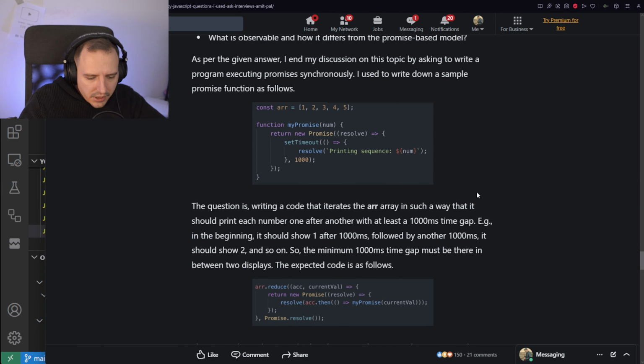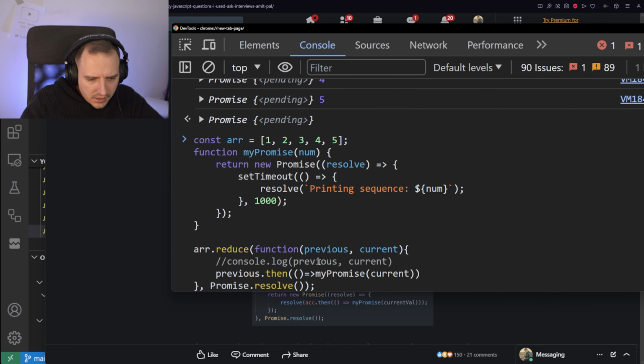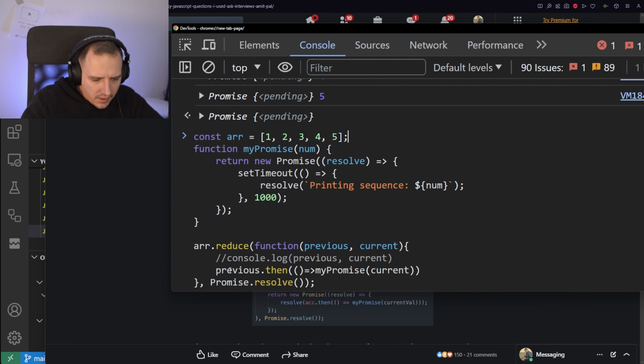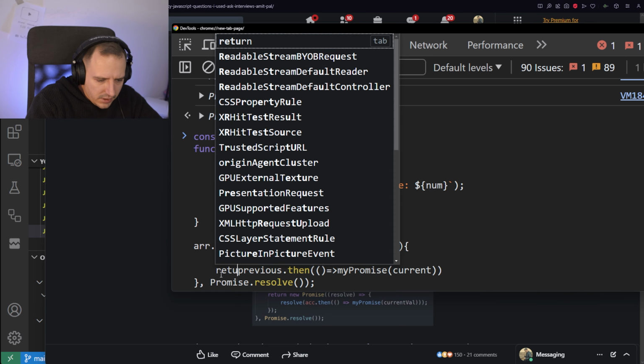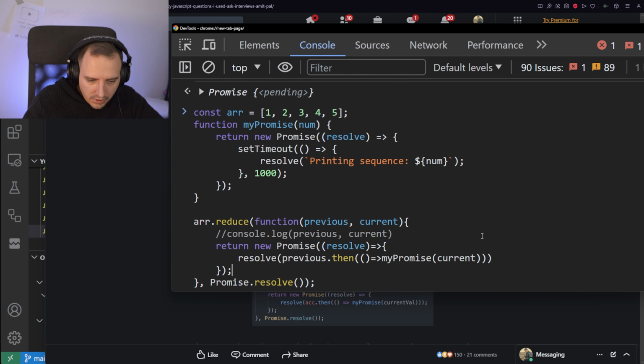Okay, so there we go. It's very close to it. Oh, he wrapped it in a promise, right? So this is what I did, this inner part, but that's not going to work. And I also tried it, but I didn't resolve. So was that the problem? I had a solution very similar to this. So it's return a new promise. This is the solution, right?